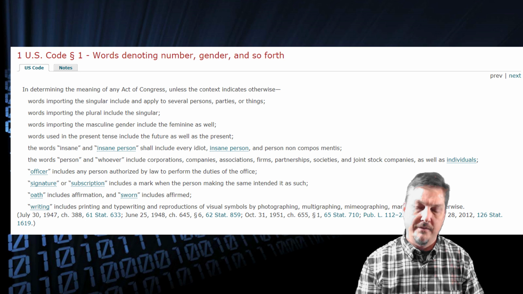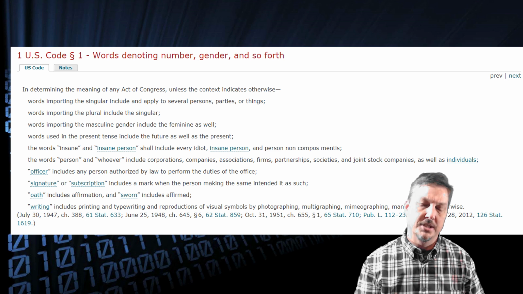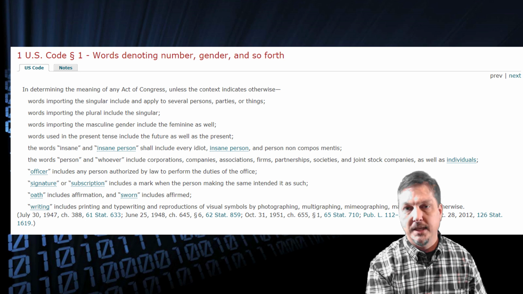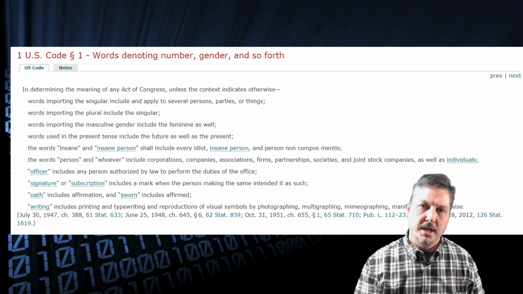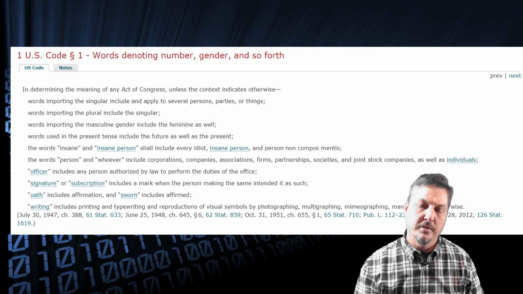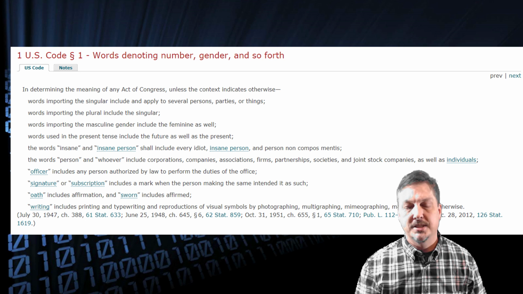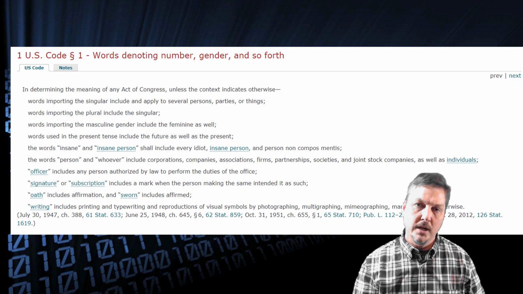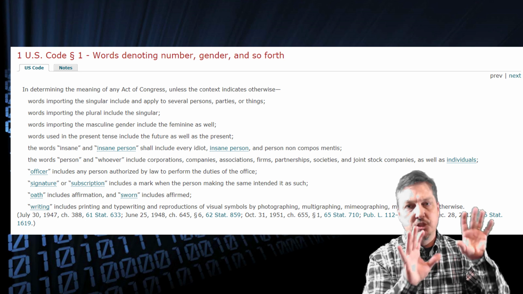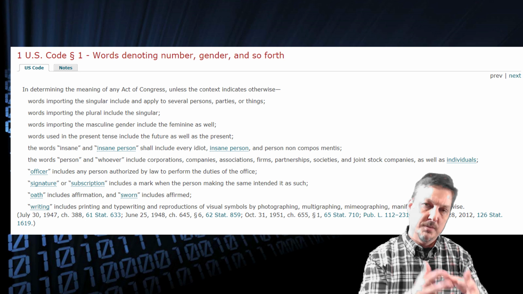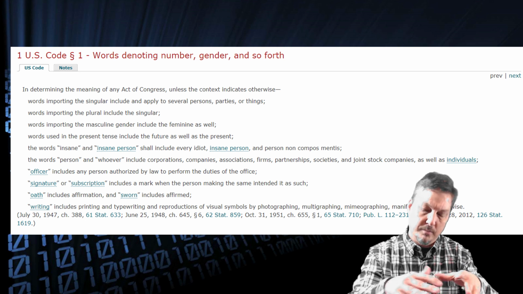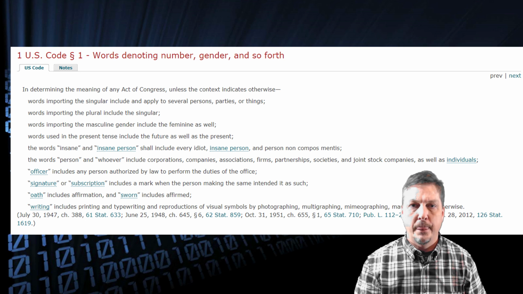So if you do have a federal issue involving statutory interpretation, you want to take a peek at the Dictionary Act and some other parts of Title I, which have specific definitions. They may or may not apply to your circumstance. And you want to keep the same thing in mind in a state context as well, because many state codes also have dictionary provisions. And this is a general dictionary provision. Of course, specific statutes very often have specific definitions of terms that apply to that aspect of the code.